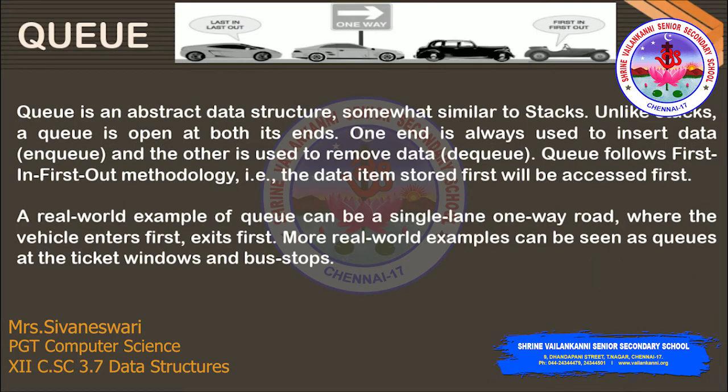A queue is an abstract data structure somewhat similar to a stack. Unlike a stack, a queue is open at both ends. A queue has two ends called the front end and the back end. The back end can also be referred to as the rear end of the queue. Items are always added to the queue at the rear end and removed from the queue at the front end. The operations of adding and removing are called enqueuing and dequeuing. Clear?